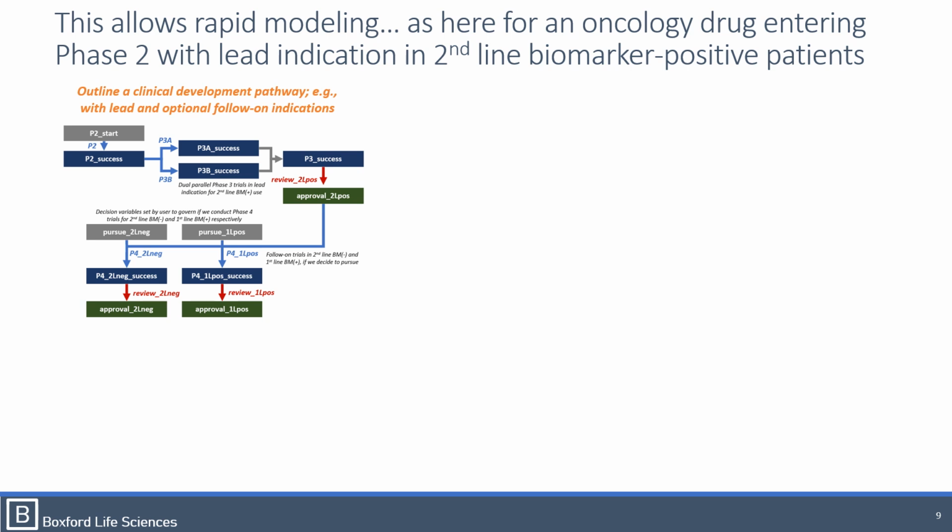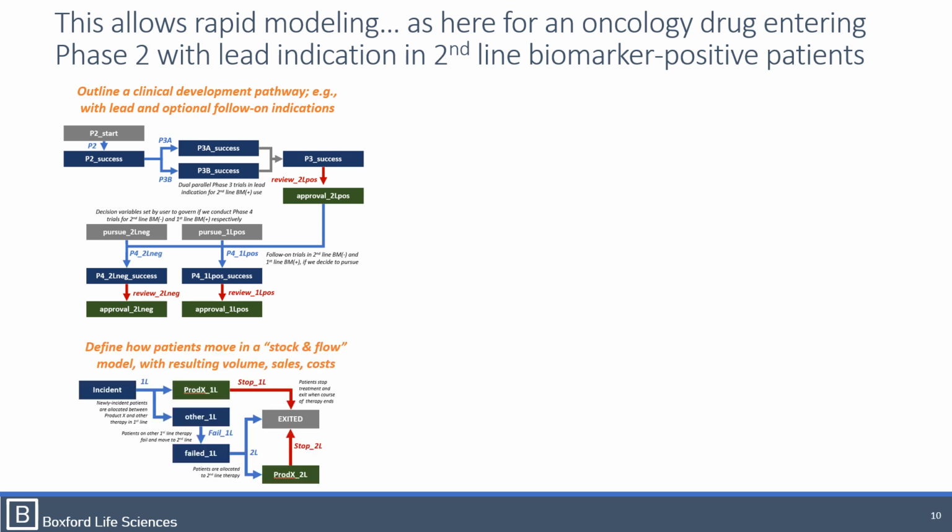For each option, we add a decision variable to turn on or off whether we pursue that follow-on indication. If we're approved in lead indication and decide to pursue a follow-on option, we do a phase 4 program and subsequent regulatory review before we can expand our label and use. After defining the development path, we describe the patient journey as a stock and flow process, here repeated for each segment, biomarker positive and biomarker negative. We place newly diagnosed patients in an incident stock and then make a first-line allocation to our drug product X